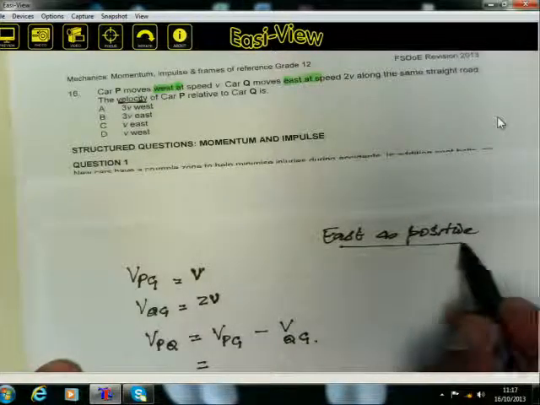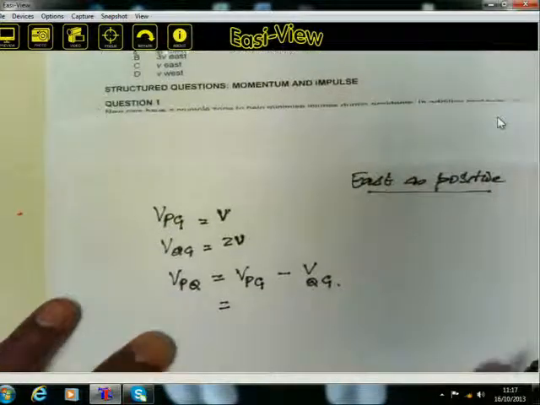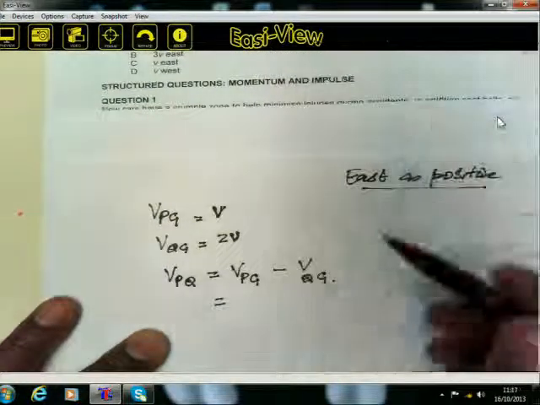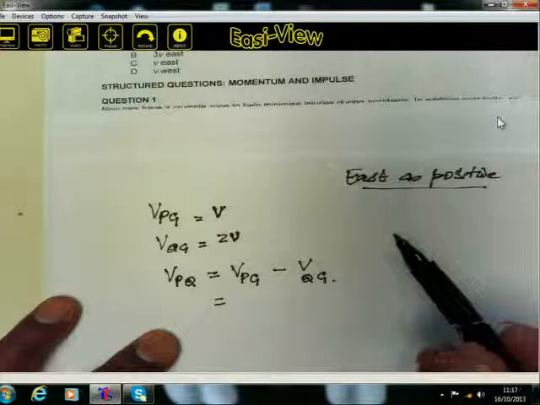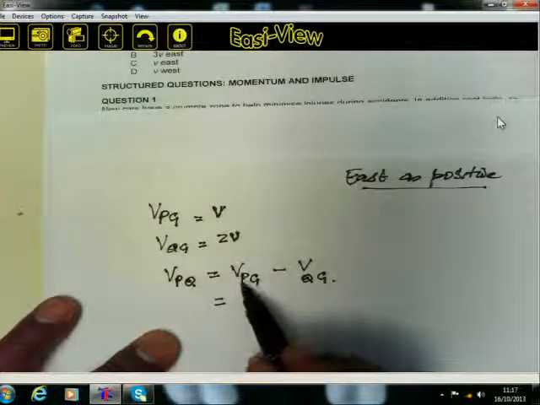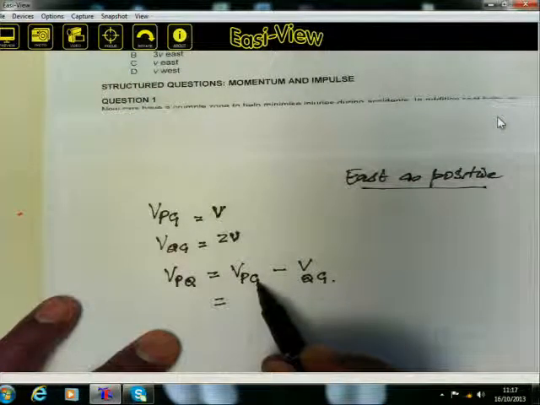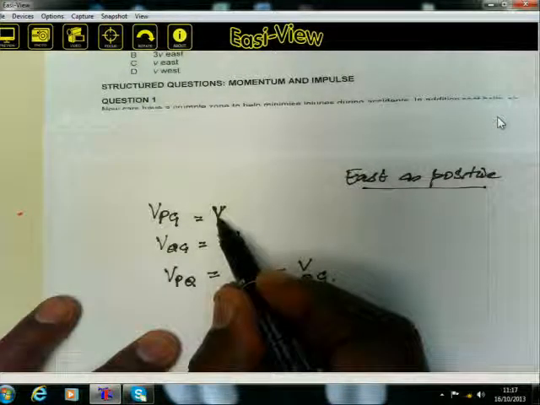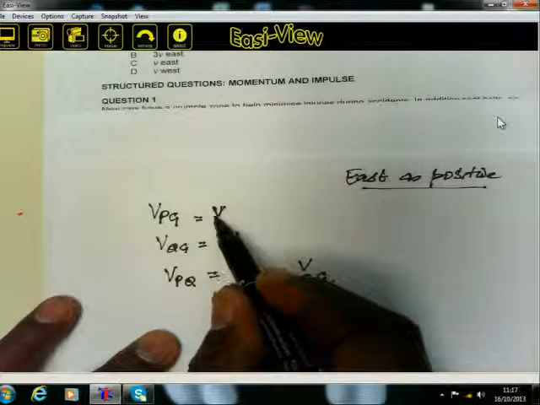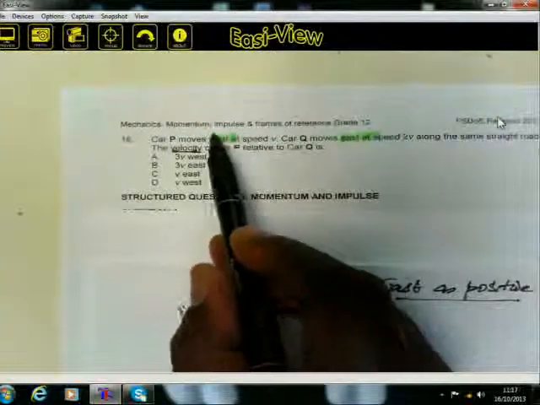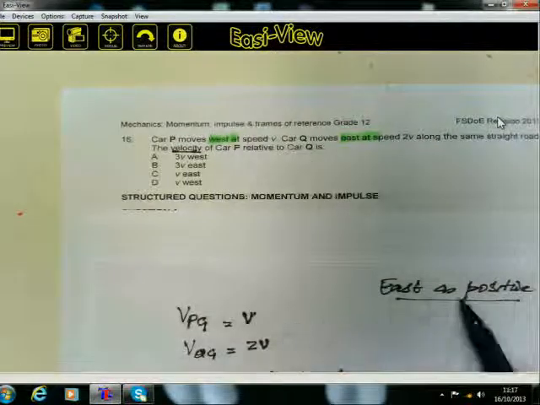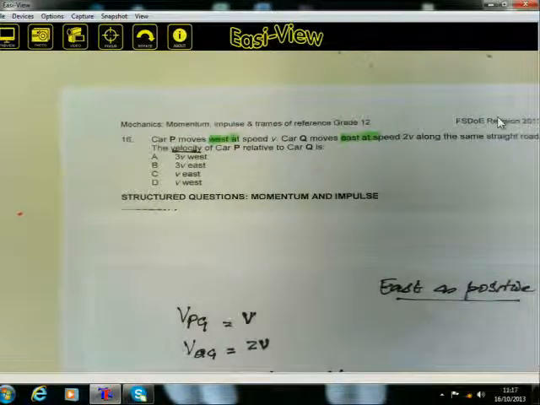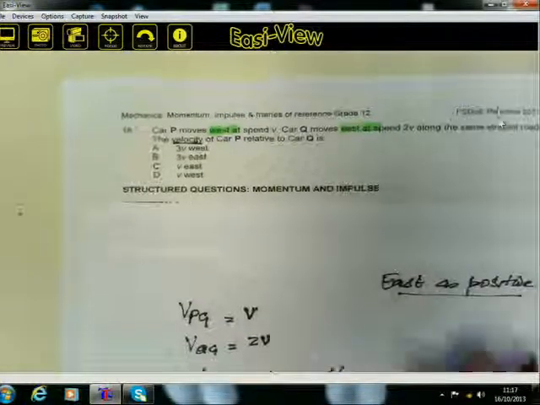We take east as positive, hence the velocity of P relative to G is V, and we are told in the question that P moves west. So if east is positive, P is moving west, then this becomes negative V